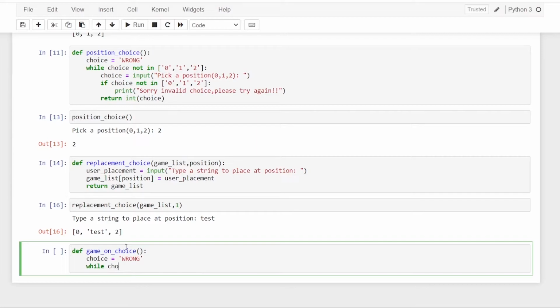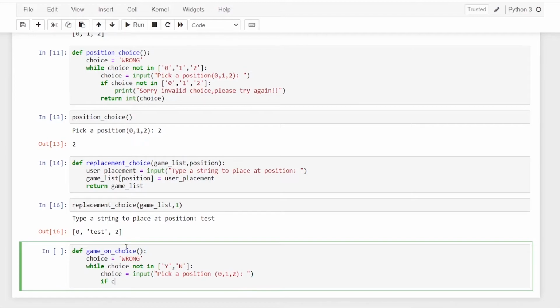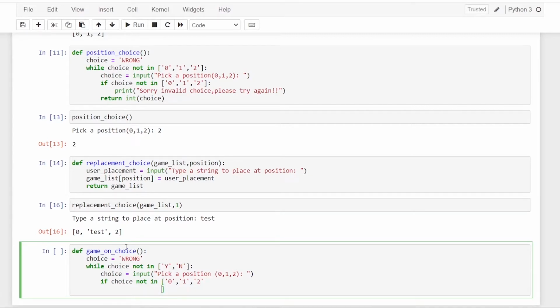So while this choice is not in, you're allowing the user to choose whether the choice is yes or no. And we're going to input, saying pick a position 0, 1, 2, and an if statement saying that if the choice is not in the particular set of 0, 1, 2, we're going to print a statement saying that